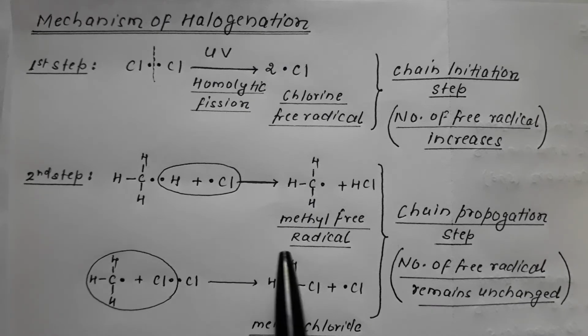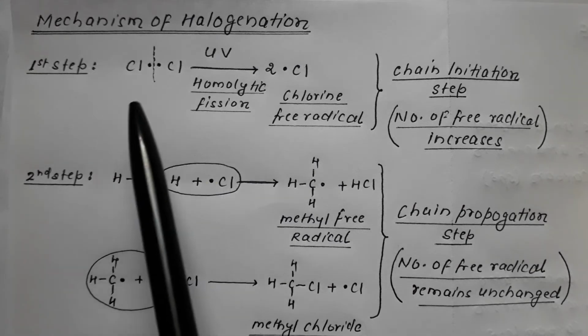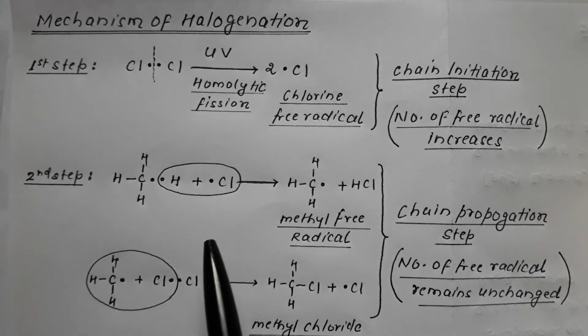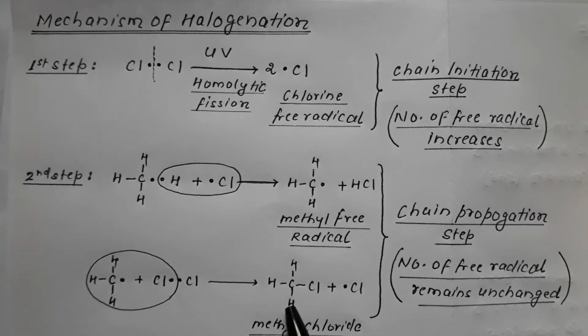This is a chain or cyclic process. This reaction would be termed a chain process. It will continue. So once chlorine free radical is formed, it will continue by itself. That is, it is self-sustained. Chlorine free radical is helping the formation of methyl free radical, and methyl free radical is helping the formation of chlorine free radical, and it is continuing. So we are getting the product. In the second step, we are getting the product and something is left over to continue this chain process. This chlorine free radical is left over to continue this reaction.